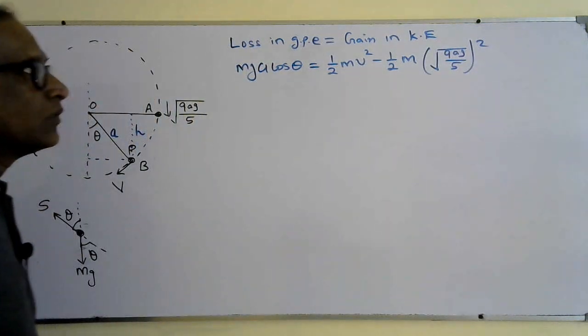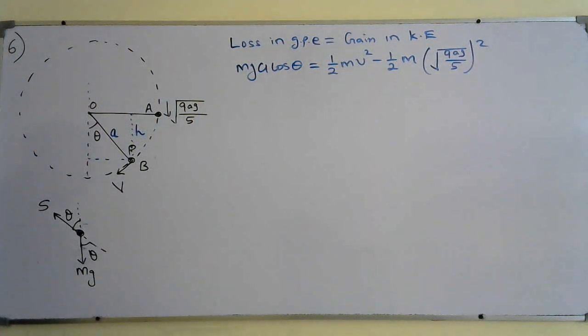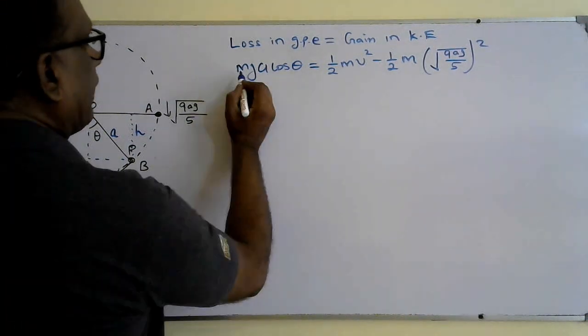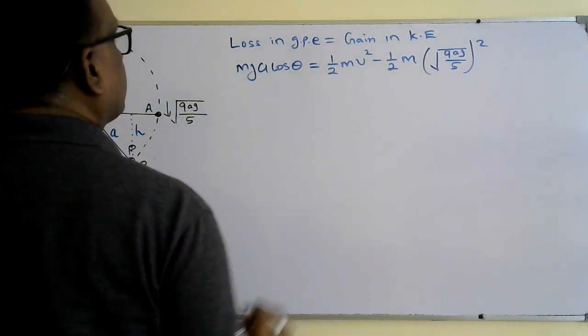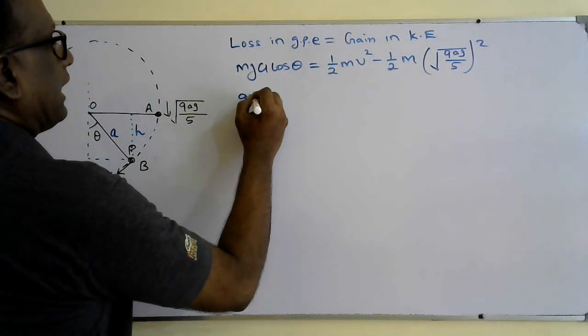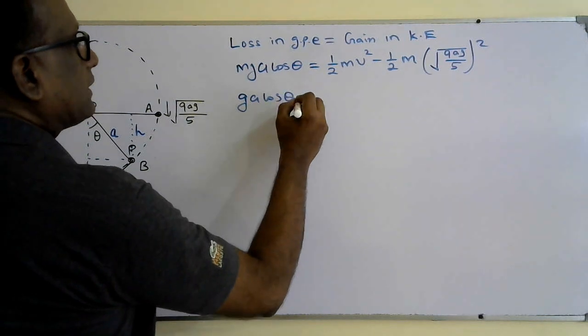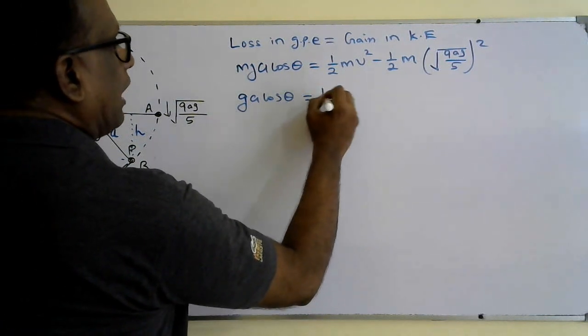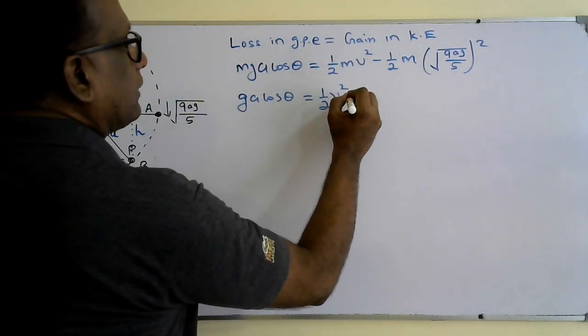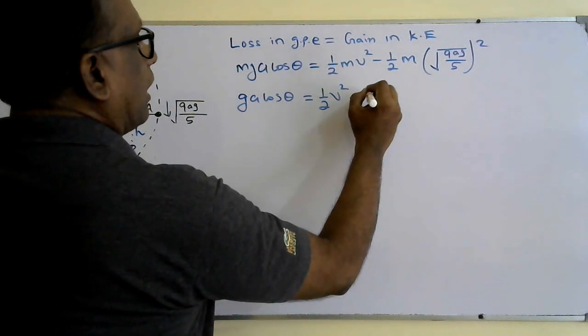From this we can make v squared the subject. Here m will get cancelled. So g A cos theta is equal to half v squared minus half